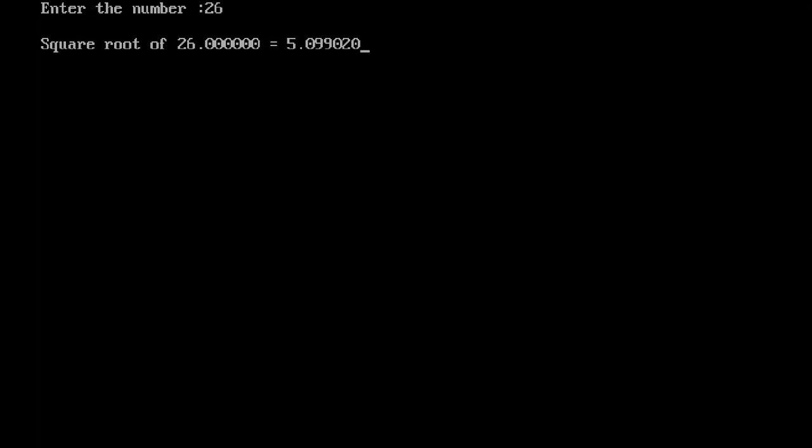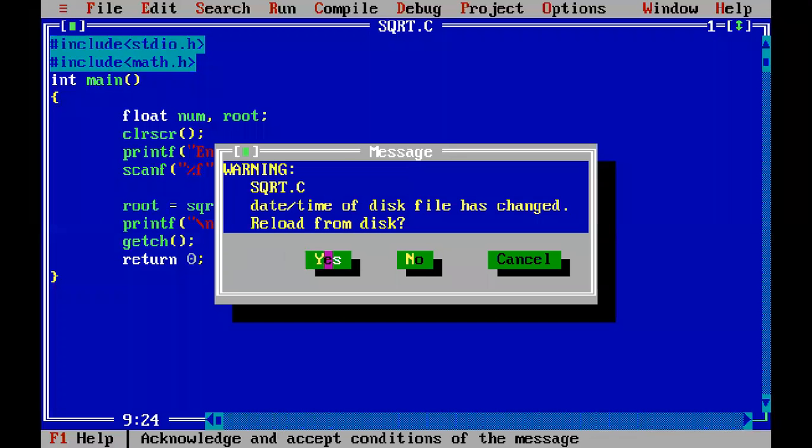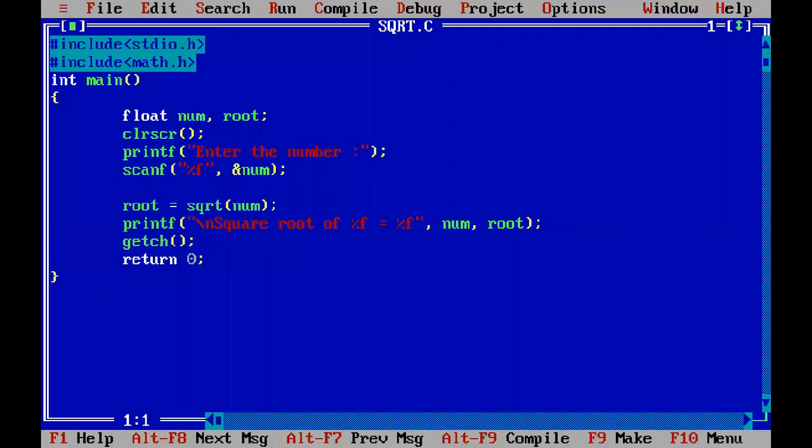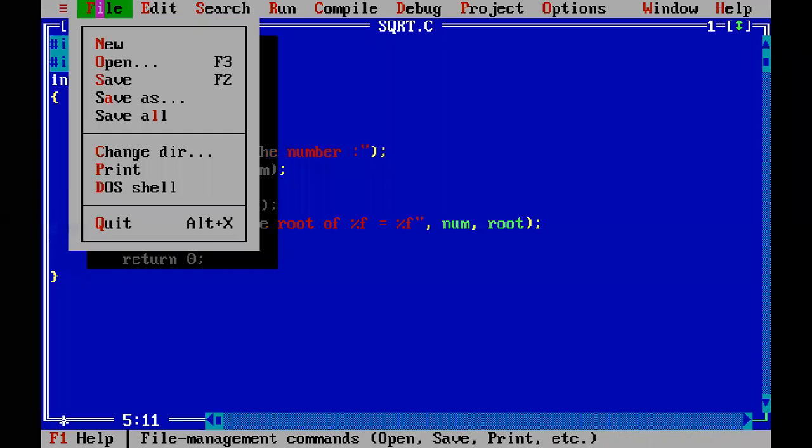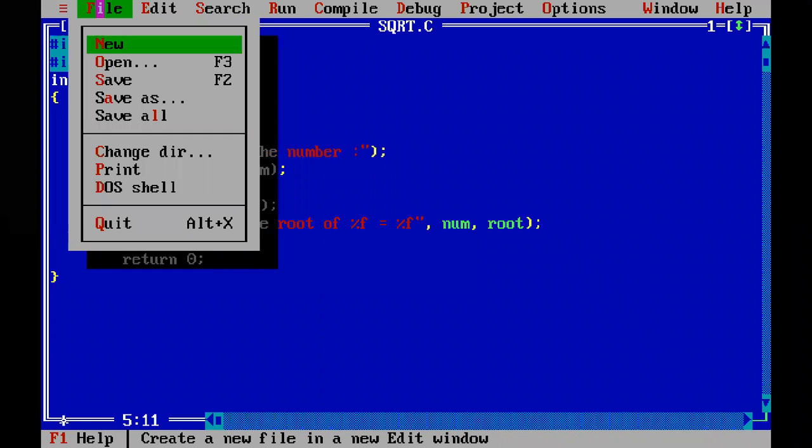Yes, so the square root can be any number. It can be an integer also, it can be a whole number also, it can be a decimal number also. So better you take decimal. Otherwise you might lose values even if you give your int. It was the important one, what data type to take, that you have to understand.